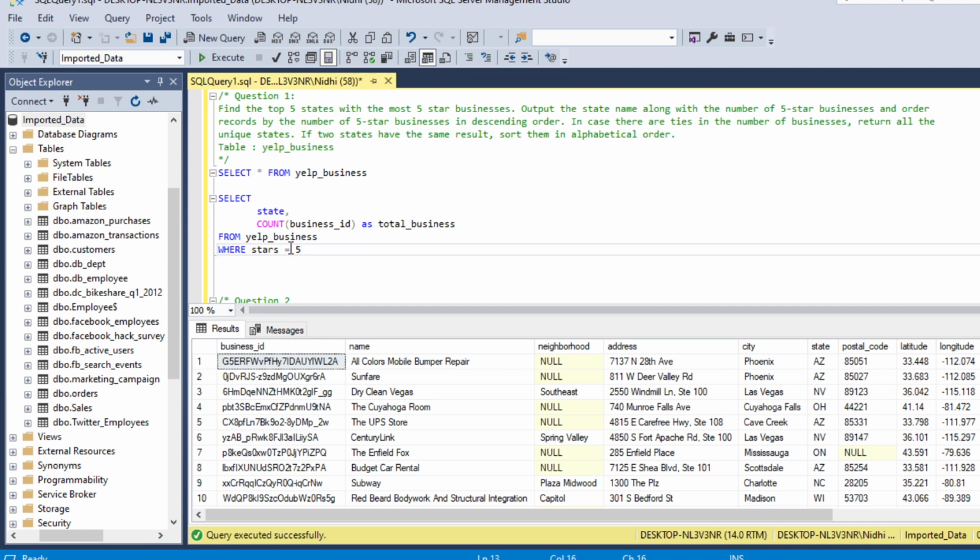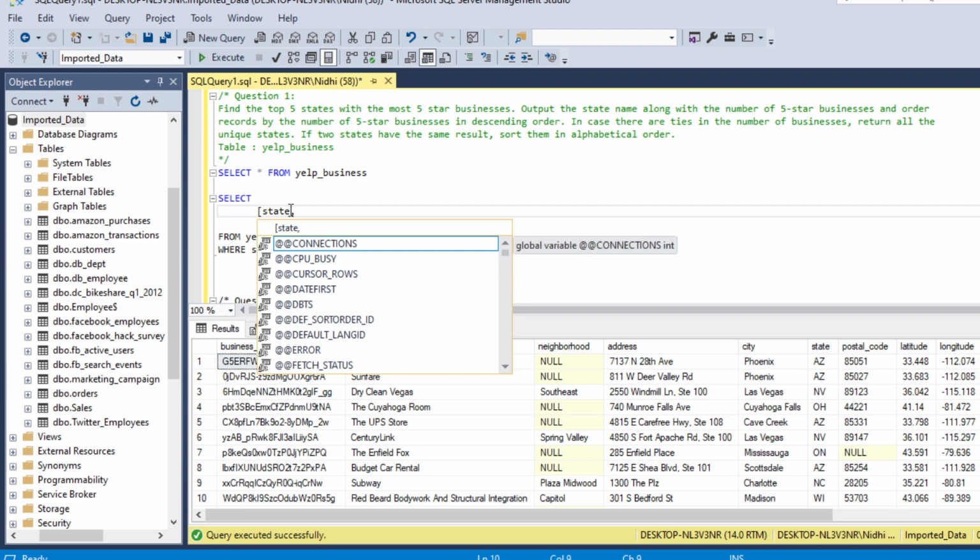So first we will count the total number of business IDs by state where star is equal to 5.